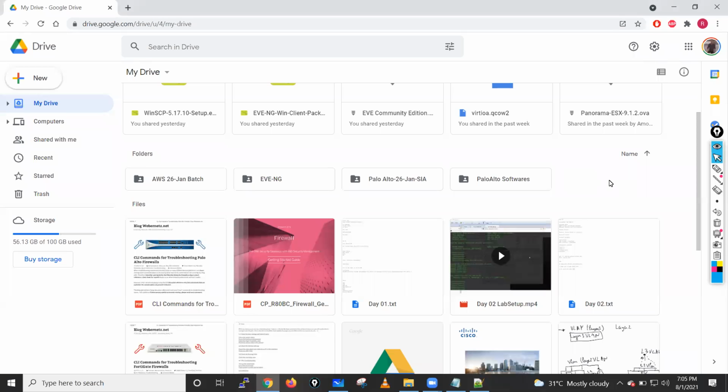Okay. So guys, today is your second class. Today we are going to discuss how we will do the lab setup. If you see, I have shared this particular folder with everyone. The folder name is Palo Alto Softwares. So if you go inside this folder,